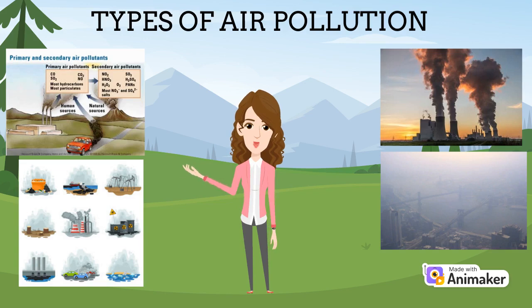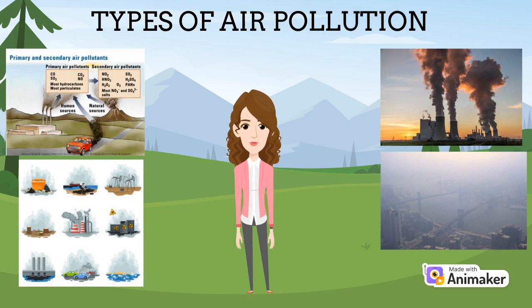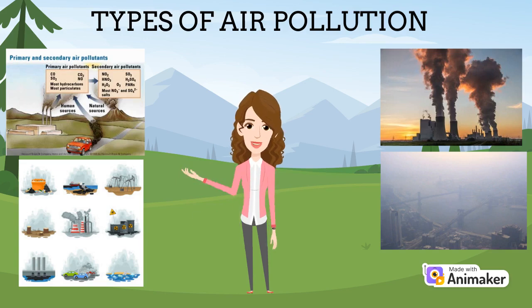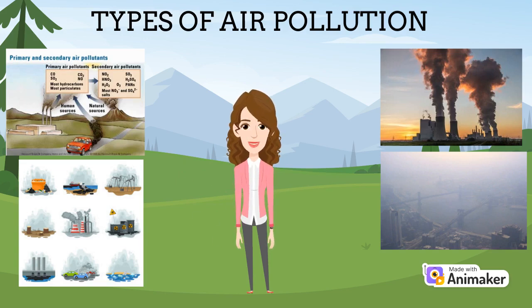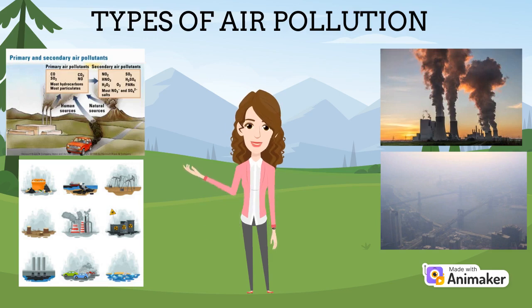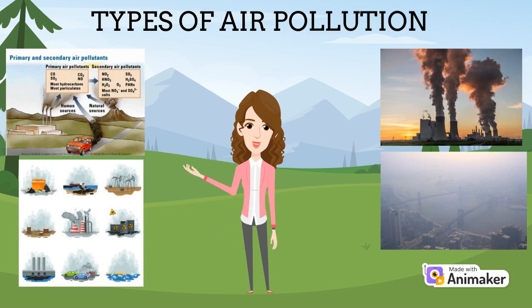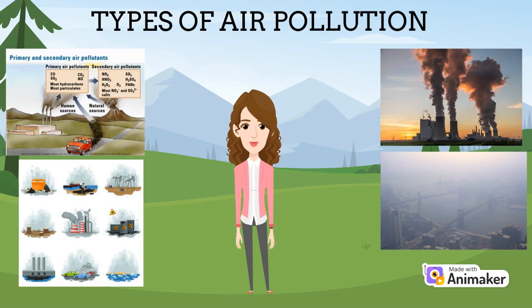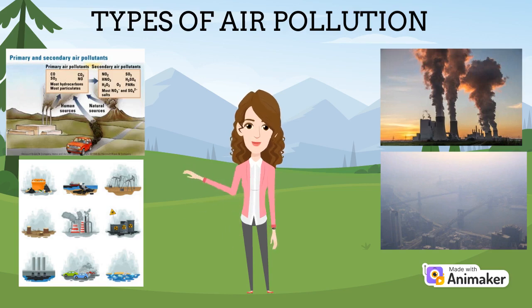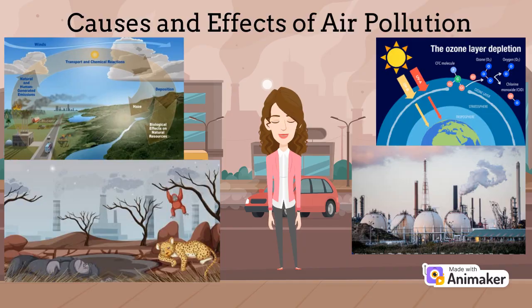Secondary air pollutants are created by the reactions of primary pollutants with the chemicals already existing in the air. For example ozone, which is created by a reaction of nitrogen oxide with the sunlight. Another example of secondary pollutant includes smog that forms from the reaction of sunlight with car exhausts and poses a major health risk. Causes of air pollution include burning of fossil fuels, industrial emissions, natural fires, vehicular exhausts, solid waste